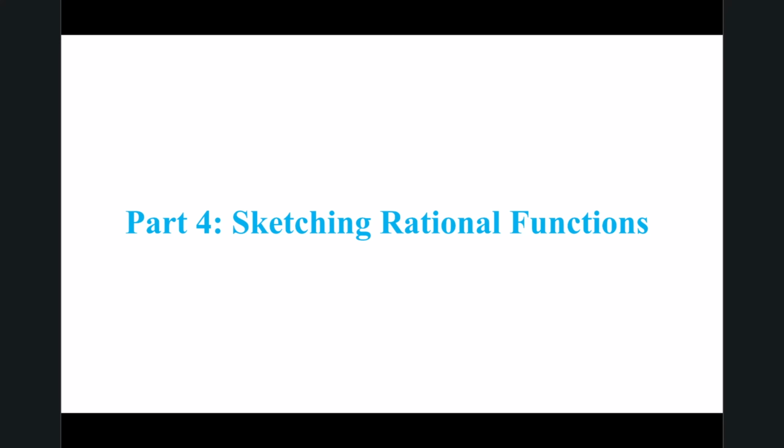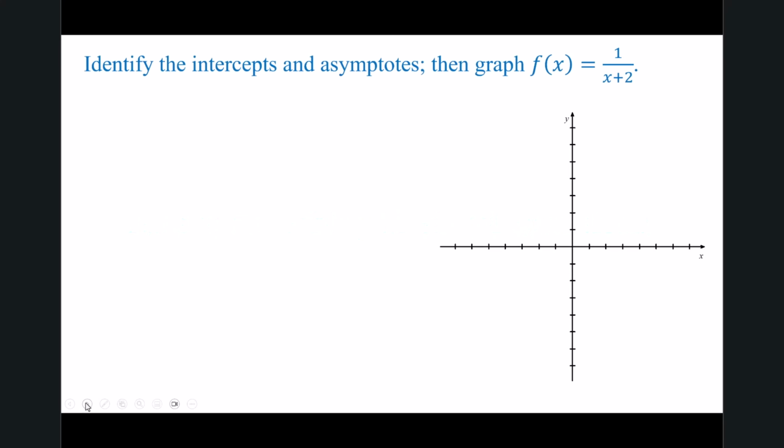Part 4, Sketching Rational Functions. Identify the intercepts and asymptotes, then graph f of x equals 1 over x plus 2. So the x-intercepts are where the function equals 0, and 1 over x plus 2 equals 0. That will happen when the numerator is equal to 0, and since 1 will never equal 0, there are no